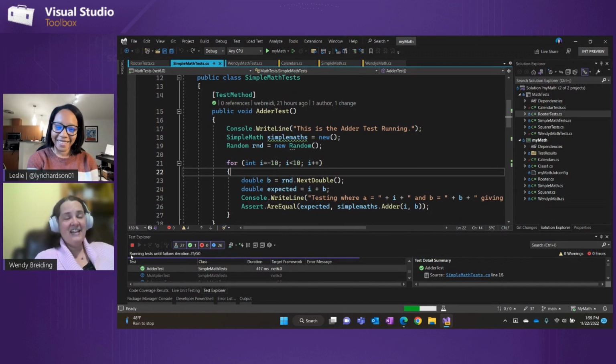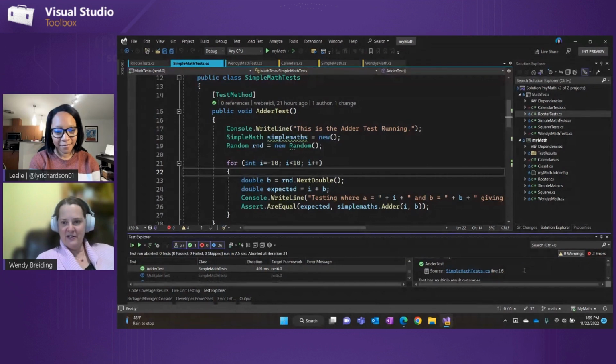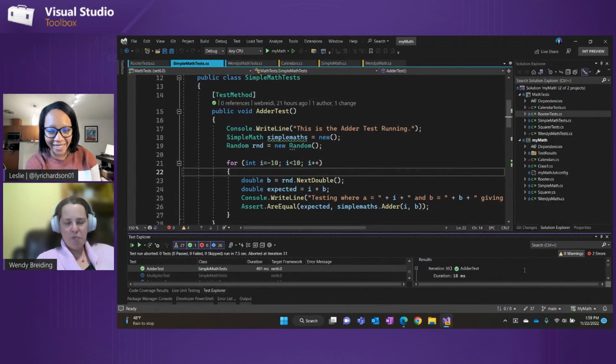Exactly. And if you had it set for some really high number and it's run 900 times and it still hasn't failed, we do have the option here for you to cancel. And so then, since we're at 31, I can go ahead and cancel, and you can see in this window that 38 passed. Yes.